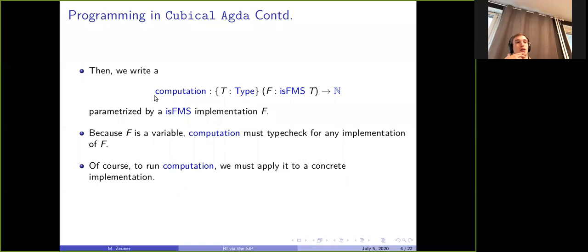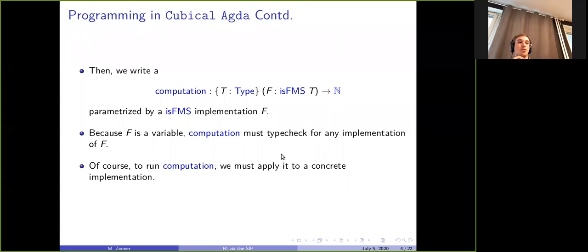Then our program is some computation that takes a type T and a multiset structure on T, and gives us a natural number. And since this multiset structure is a variable, our computation type checks for any multiset implementation whatsoever.